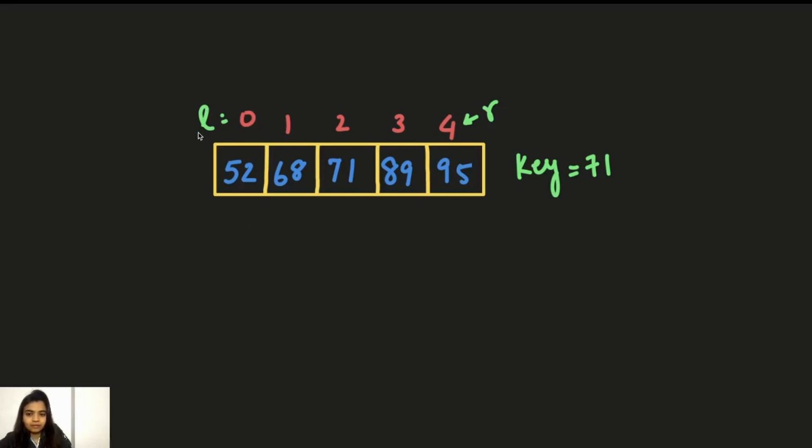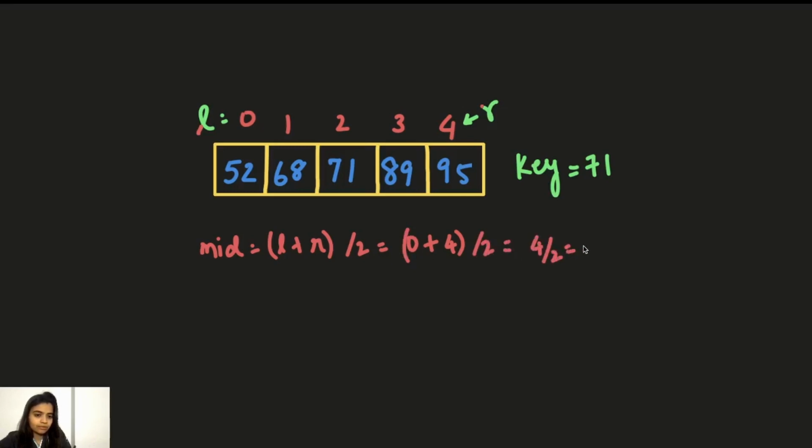and this is our left index and this is our right index. And now we'll apply binary search on this. What do we do in binary search? We find the middle element and we compare if it is equal to the key. So middle index is equal to left plus right divided by 2. Left is 0, right index is 4, and divide by 2. So 4 by 2 is equal to 2. So we got our mid as 2,